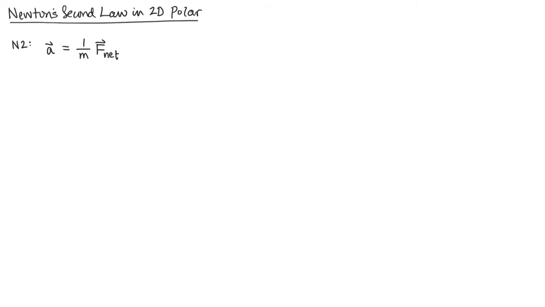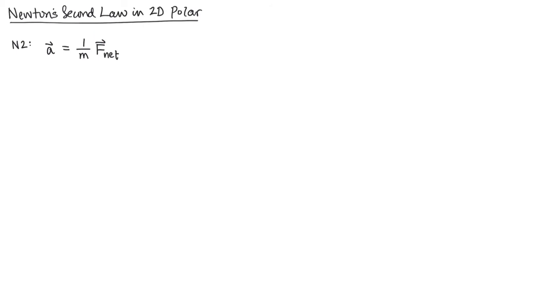Hello again, physics friends. Today we're going to talk about Newton's second law and 2D polar coordinates. In particular, by Newton's second law, what I mean is the acceleration being equal to 1 over m times the net force on an object. In other words, acceleration is brought about by a net force. It's not equal to the force, but it's equal to the force divided by the inertial mass of the object